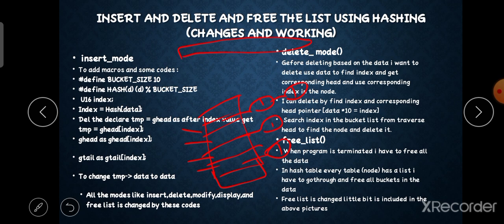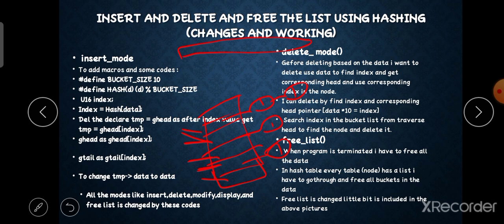Instead of using the single head, I get the corresponding head among the 10 buckets, based on the index. Before delete, insert or modify, first go and get the corresponding head.